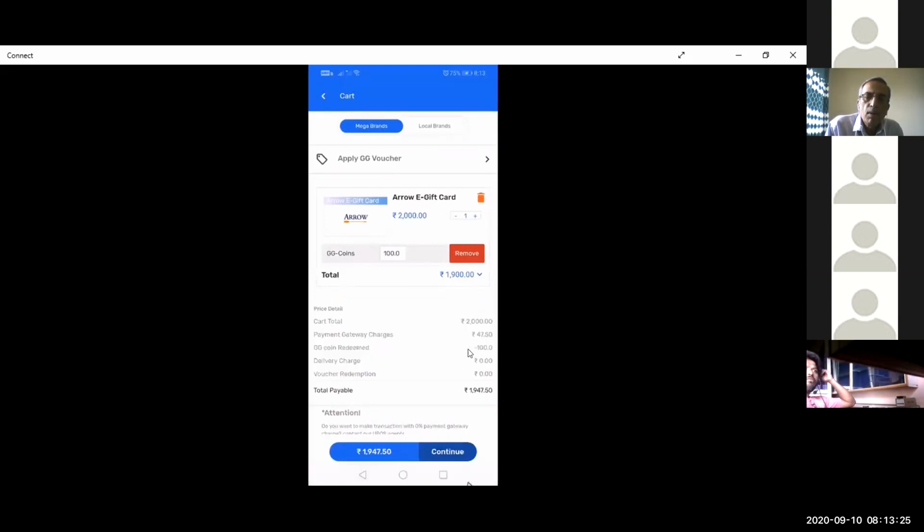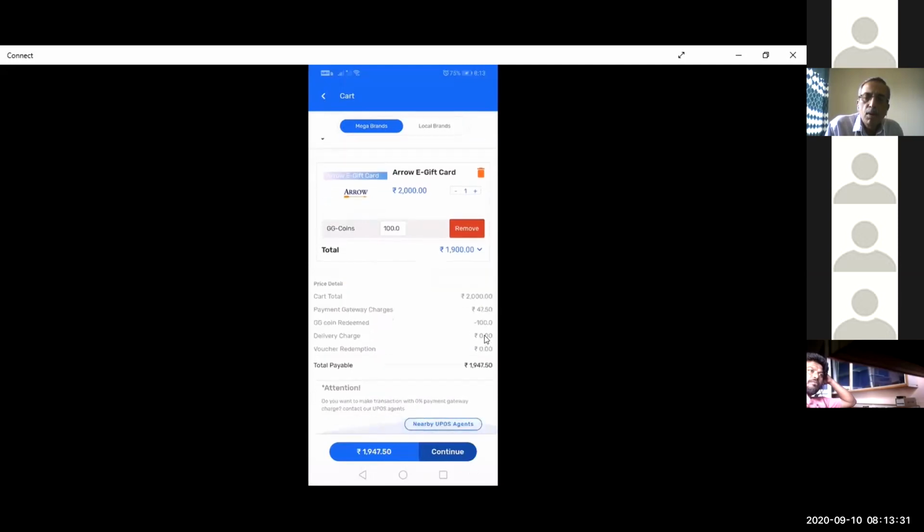But there is a payment gateway charge which you need to pay if you're directly shopping through your application. If you want to save that payment gateway charge, a note is also given here: do you want to make a transaction with 0% payment gateway charge? Contact our UPOS agent.